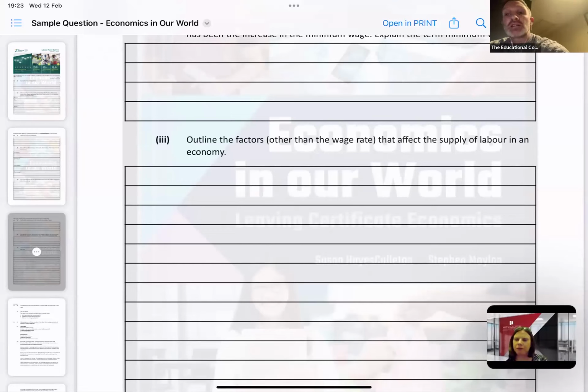So again, they're looking at the other factors there in terms of level of taxation, in terms of the size of the population, the length of the working week. And again, making sure that, and again, economics hasn't changed. Again, it's important that they state and they explain all of their answers. Like, that is key. We've tried to lay out the book in that way throughout all of the chapters. We've stated, we've explained, and again, making sure that students are developing their answers.